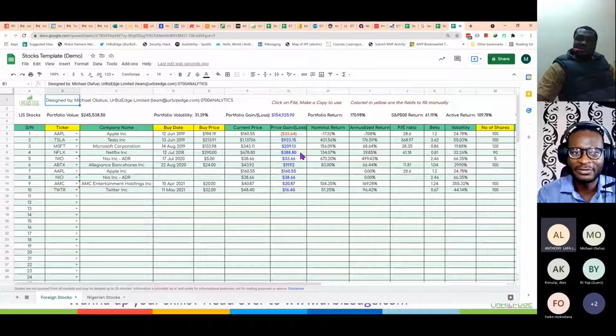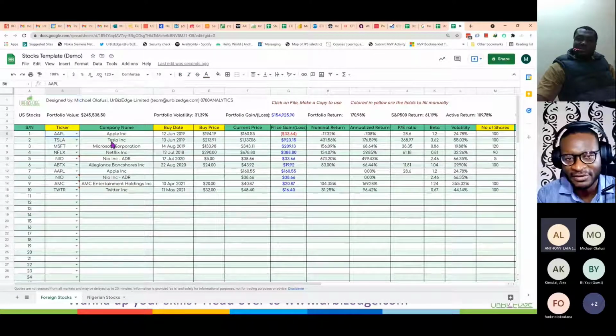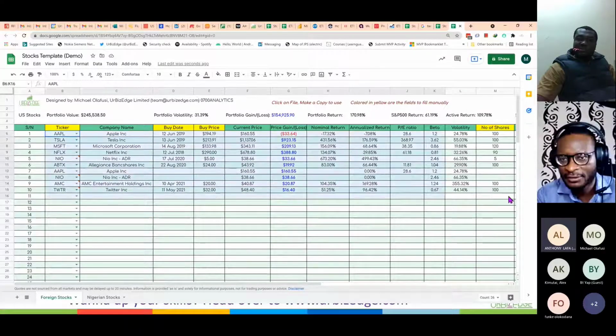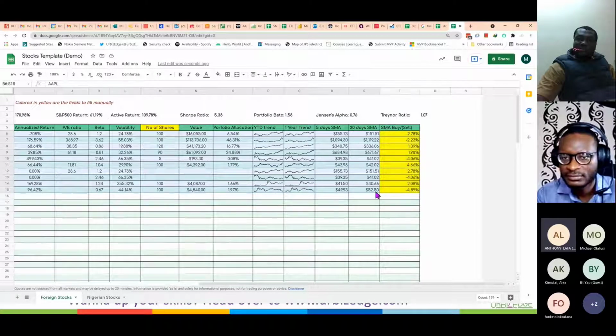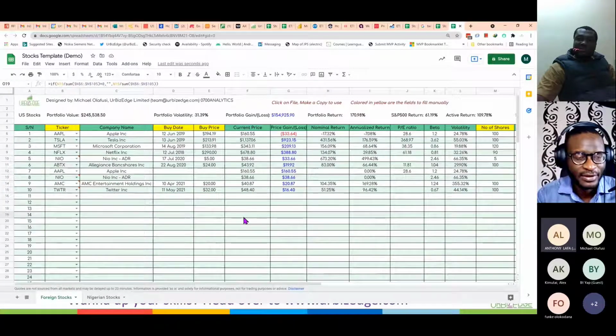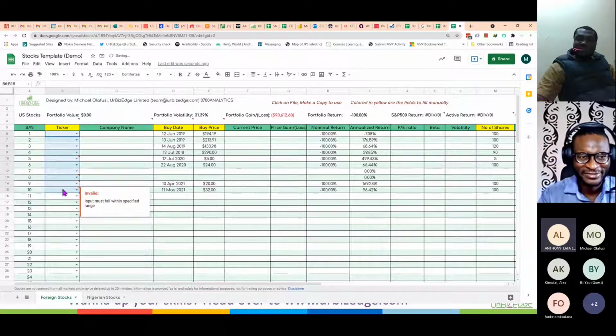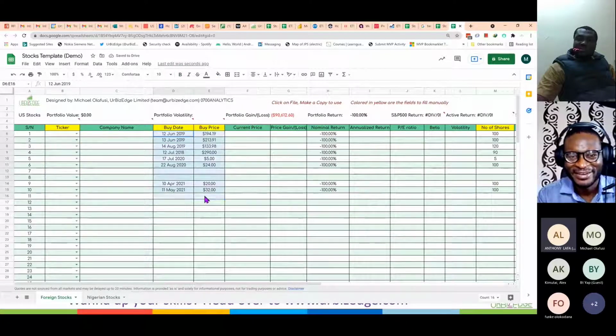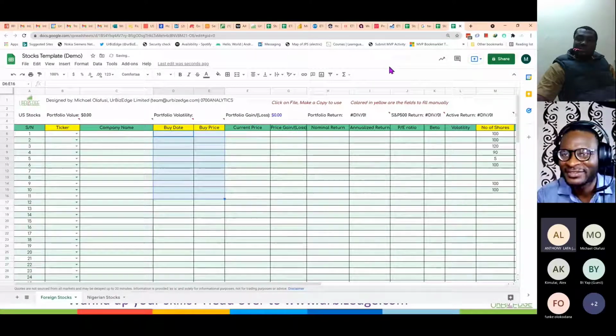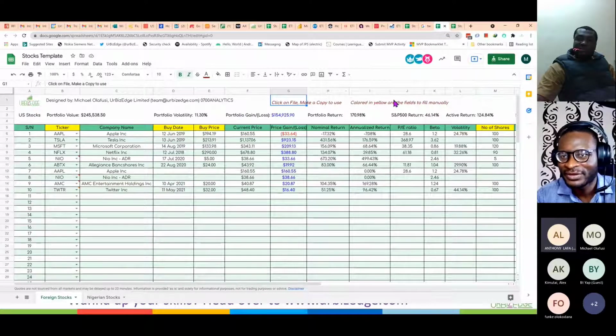So how are you expected to use it? Let me delete everything. You should see what I'm deleting. You should delete from here. No, sorry. Correction. The only thing you should delete is here. All the yellow ones. Those are the ones you should delete. I need to even add that in the instruction. So delete only